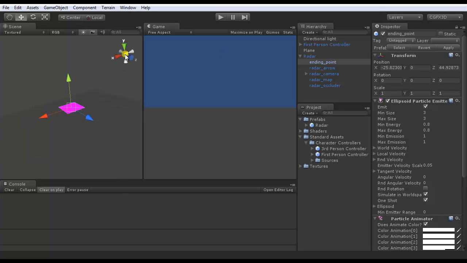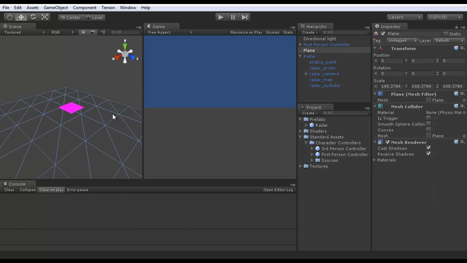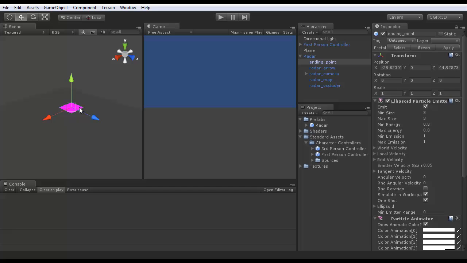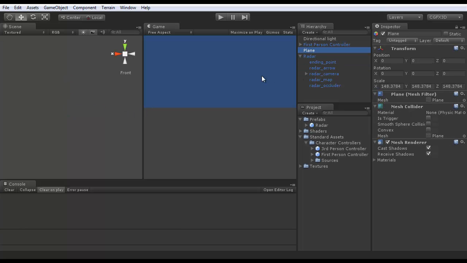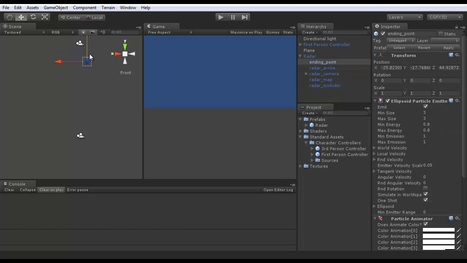I'm not sure why. And the arrow is still above the ground. We are way above the ground. Our endpoint is there,